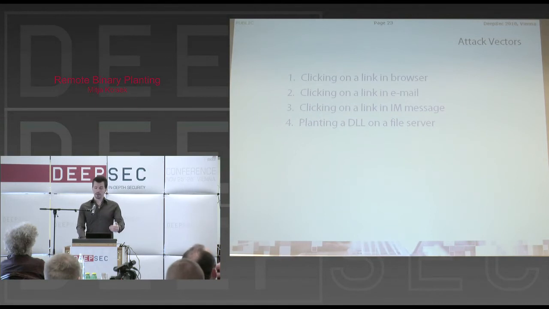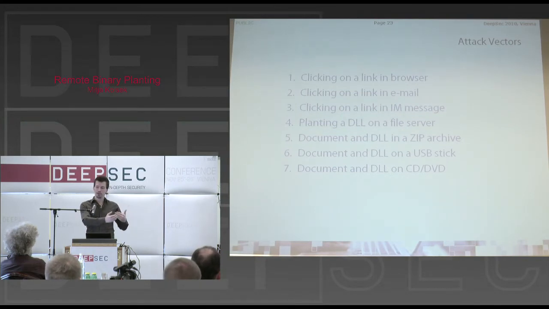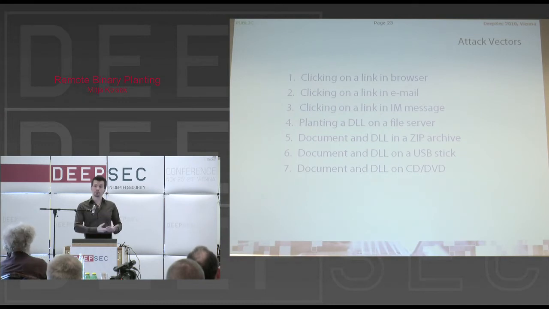In an internal attack, you can plant a DLL on a file server. We've seen that. But you have some remote local attacks. If someone sends you a zip archive, or gives you a USB stick, or any kind of removable media, that media automatically becomes local to your computer, right? So it doesn't even have to go through the firewall. If you get a CD with a bunch of interesting Word files that you would really want to see, and you just double-click one of those because, well, that should be a safe operation to do, then the DLL, which is also hidden on the CD, also gets loaded.